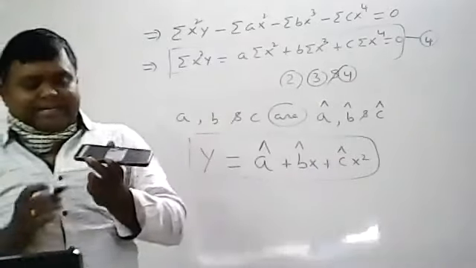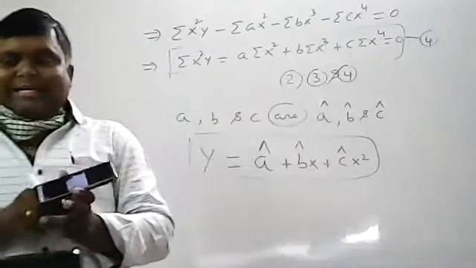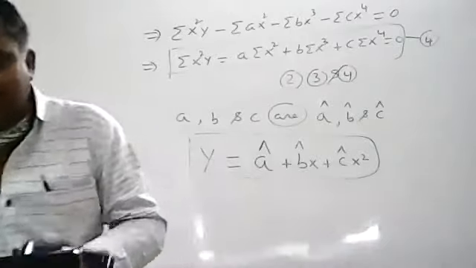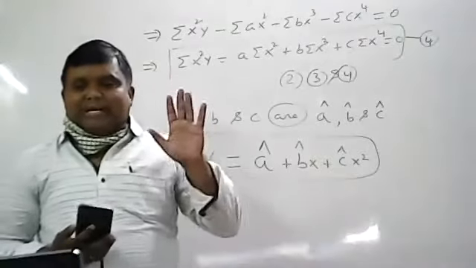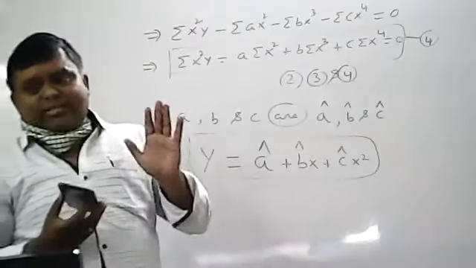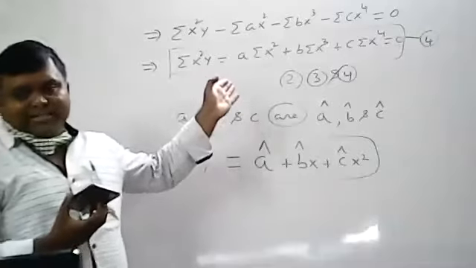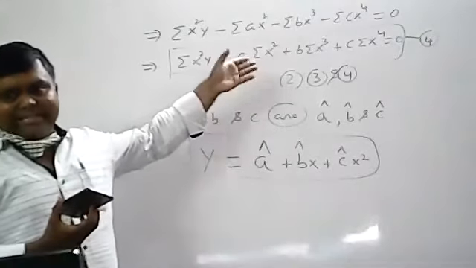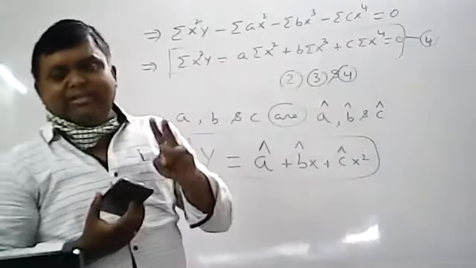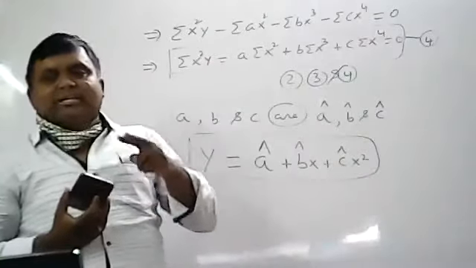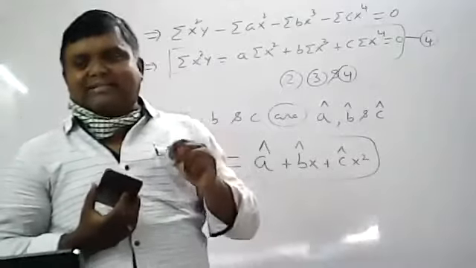So derive the normal equations of the second degree parabola. Second degree parabola means, how many normal equations will you get? 3 normal equations you will get. The same procedure as the straight line is the main procedure. If you understood the straight line, there is one more constant. That means C is added here. Yesterday we did only 2 constants, A and B, with a straight line.